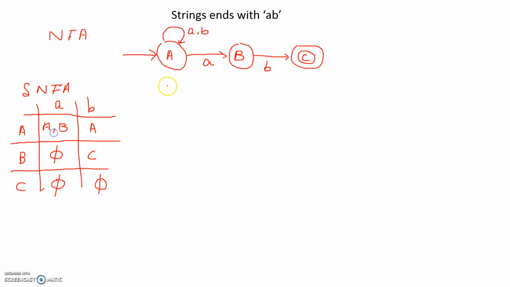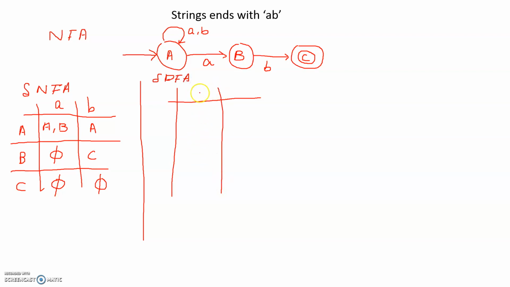Now the next step, you need to construct the transition table for the DFA. And here also we have two symbols, small letter A and small letter B. Okay. And here in the NFA, our initial state is A and our final state is C. We can represent it like this. Okay. So in the table for the DFA also we will start with the initial state, that is A.